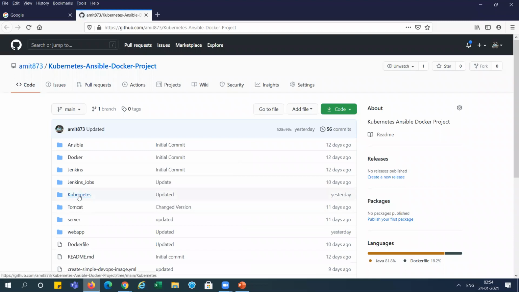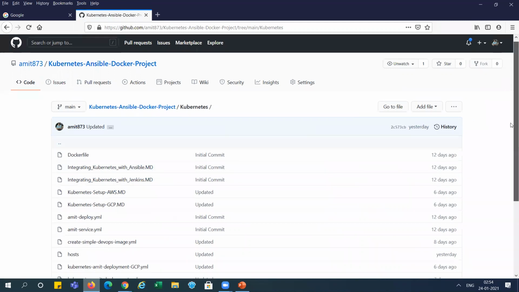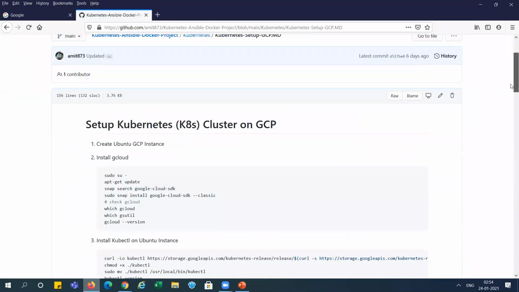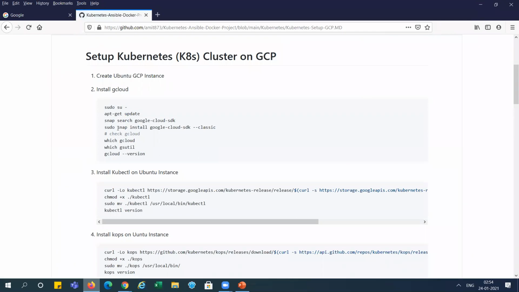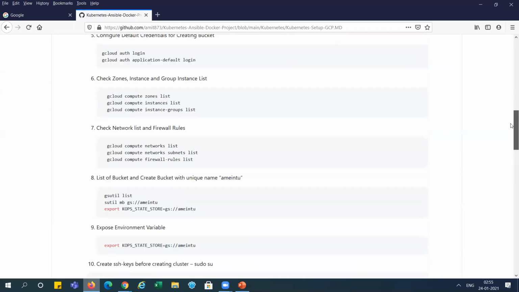You can see here in this Kubernetes folder, I have created steps: Kubernetes setup for GCP, Kubernetes setup for AWS. I have mentioned it here already. You can go here in GCP and see step by step. I have mentioned gcloud, how to install kubectl, right? We did kops. We need connection auth. We can check all those details, right?